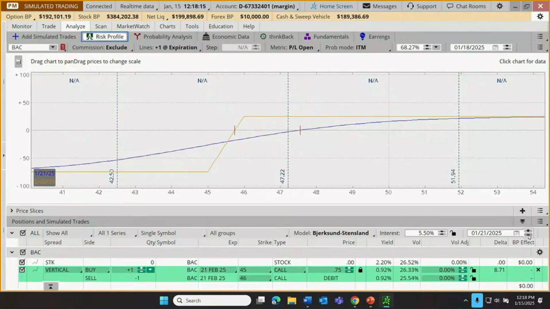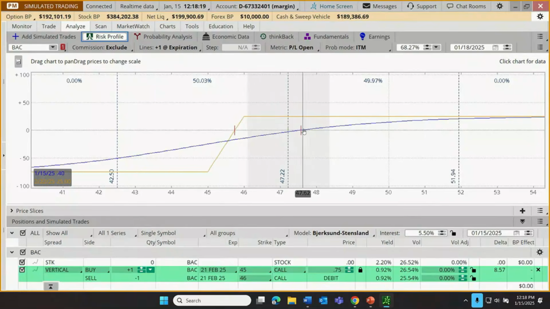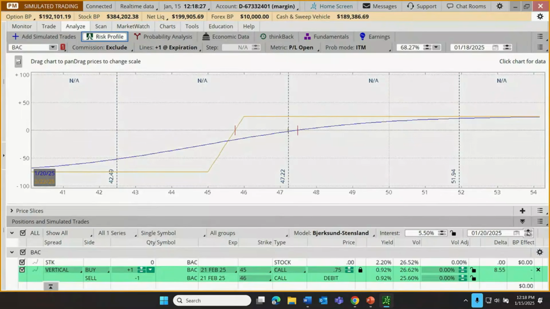As a matter of fact, if I did that a single day at a time, keep your eye on the blue line as I advance the date one day at a time from January 15th to the 22nd. What you'll notice, and probably the easiest thing to track, is this break-even point, because there's such a subtle change in the slope of our line here.